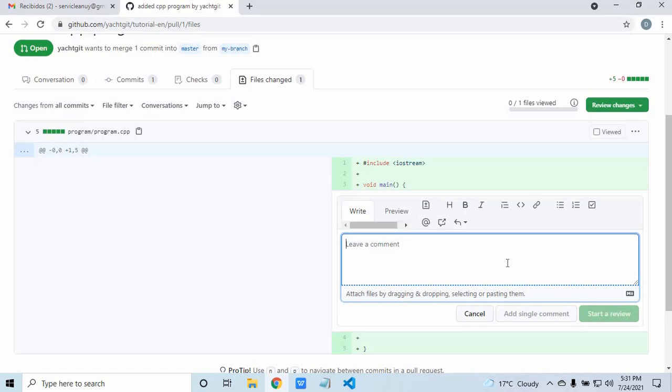And you can say, for example, this is the main function. Obviously, in this case, we are logged in to this Git account with the same user that created the pull request, and it doesn't make much sense that you make comments on yourself. You can always do that, but the idea is that other peers might review your code and check